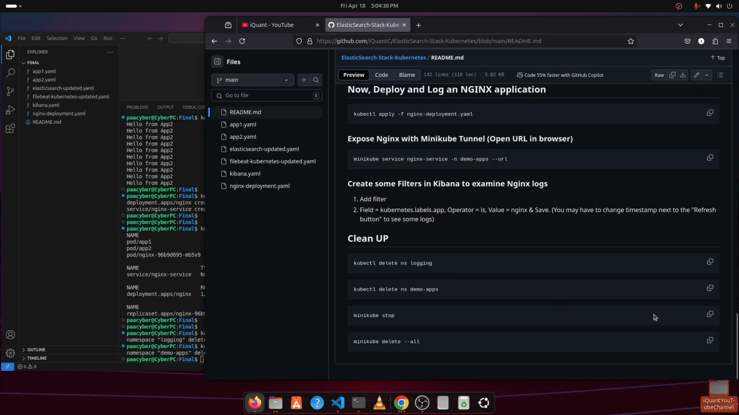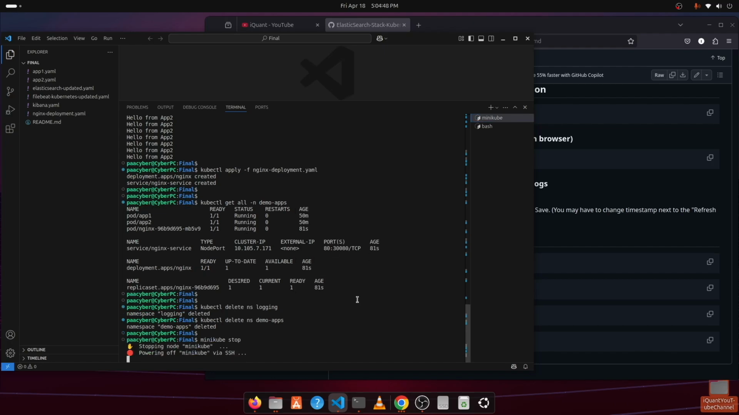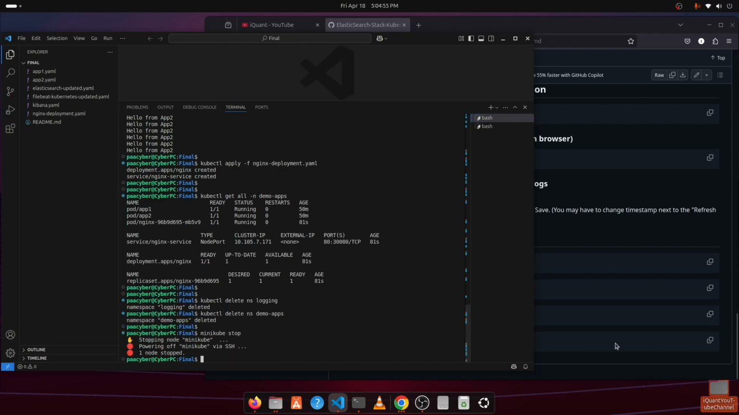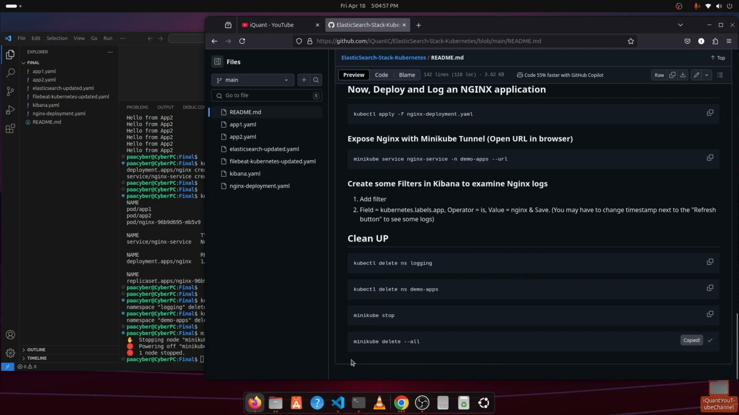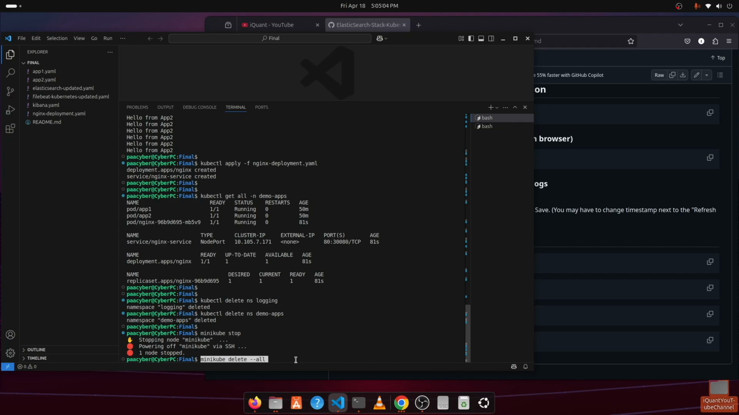With that gone, now we can stop our Kubernetes faster. Stopped, and so we can delete it now. I'm gonna delete all profiles so that everything is completely deleted. So press enter